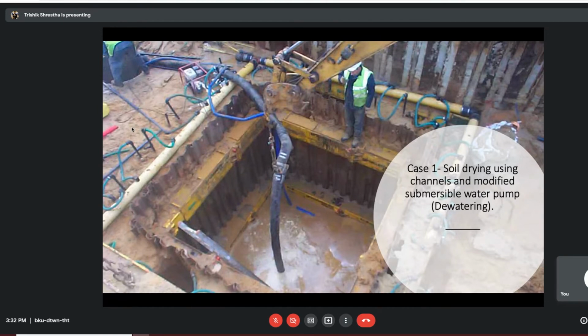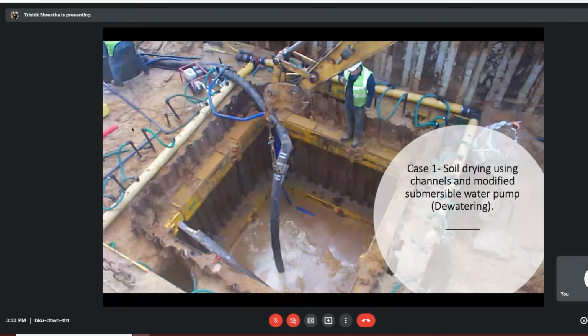So the solution that was brought forth, I wish I had a picture to show you, but even if I had a picture of this modified dewatering pump, it would be covered in mud and it would not make sense. What we did was we took these submersible pumps and covered them in meshes and wicker baskets and then another mesh on top. So basically only the clean water was making its way into the submersible pump and the soil was just left behind. After a few hours of drying in the sun, the soil completely became compacted, and then we could carry on our working processes.